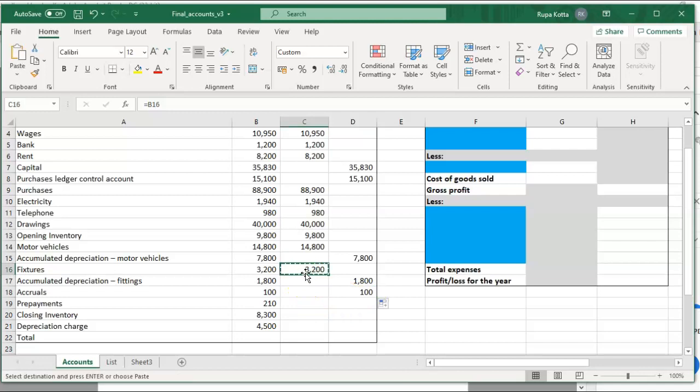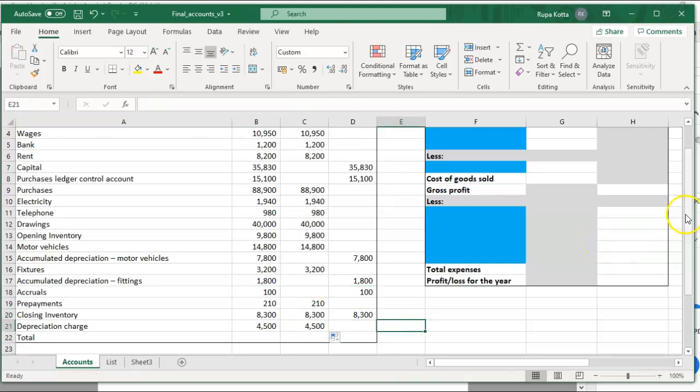Prepayments is an asset, so will be on the debit side. Closing inventory will go both on the debit side and on the credit side. Then depreciation charge will go on the debit side.